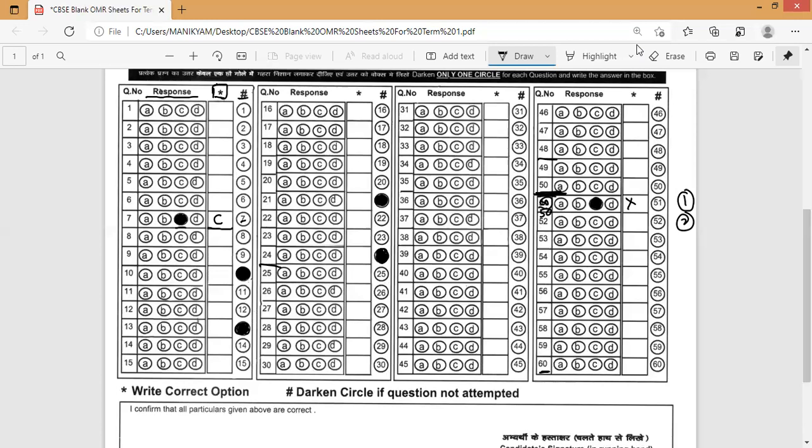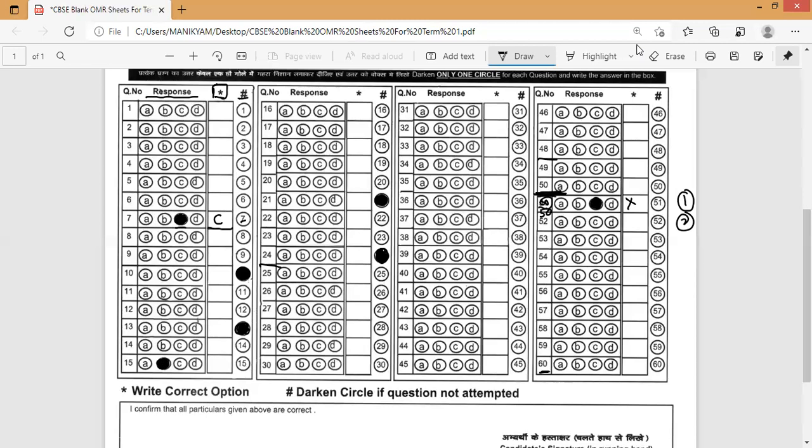Now coming to the sixth point, first of all, my suggestion, or CBSE's suggestion, is: unless you are maximally confident about the answer, don't try to write it in the star column and don't try to bubble also. That is what you have to remember. If you're fully satisfied, then only you should write a response in the box. For example, the 15th question: at the initial stage when I read the question the first time, I felt B is the correct answer.